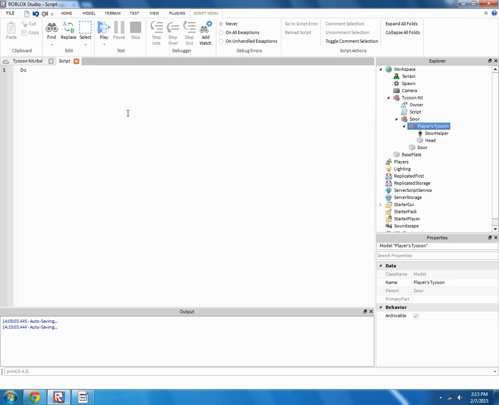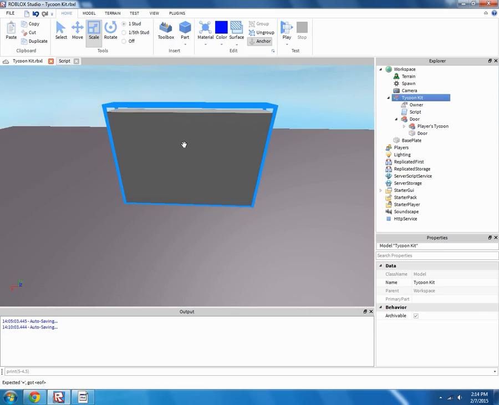Alright, door equals script dot parent dot door. Alright, that's the door model. It's not the actual door, and so yeah, either we can do that or we can do dot door. Let's just do that. Alright, door dot touched, that's pretty much saying when this part is touched,